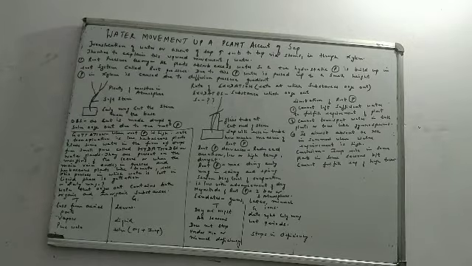Because if the water is equal to the requirement, it will be used up. But here we are talking about which water? We are talking about excess water. We are saying that all the plants absorb excess water, and because of this absorption of excess water, a hydrostatic pressure is built up in the root system. Hydro means water, so this pressure caused because of water is hydrostatic pressure. The hydrostatic pressure built up in plants because of excess absorption of water is what we call the root pressure.